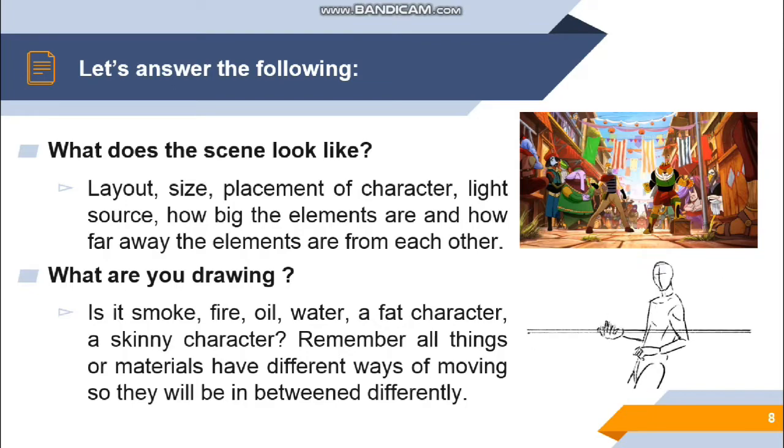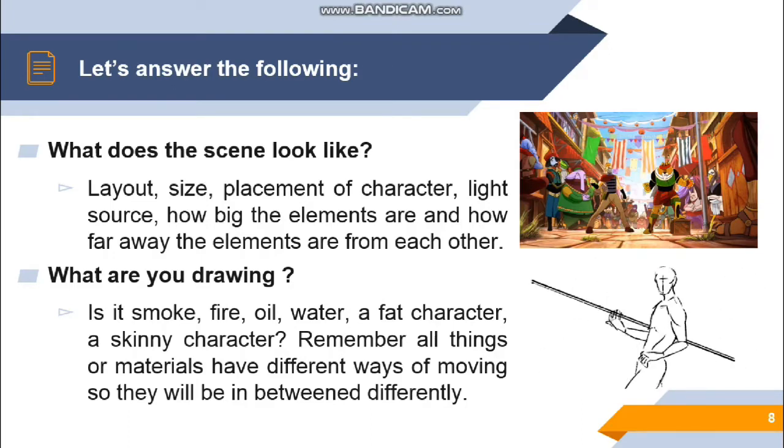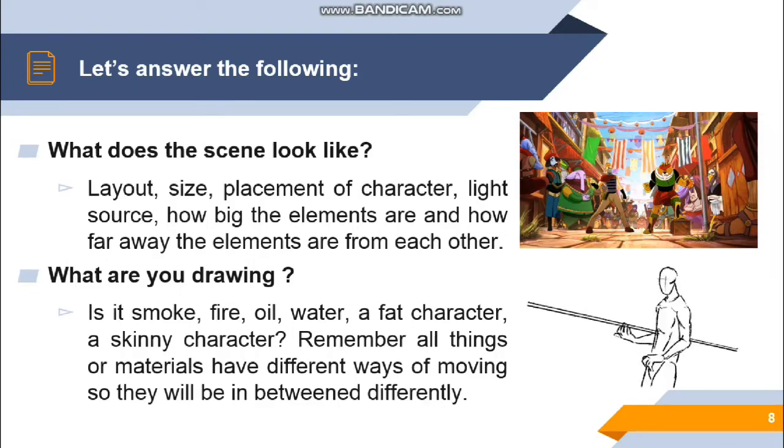Next is, what are you drawing? We need to have an idea of what your final purpose is in creating that drawing. Is it smoke, fire, oil, water, a fat character, or a skating character? Remember that all things or materials have different ways of moving, so they will be in-betweened differently.